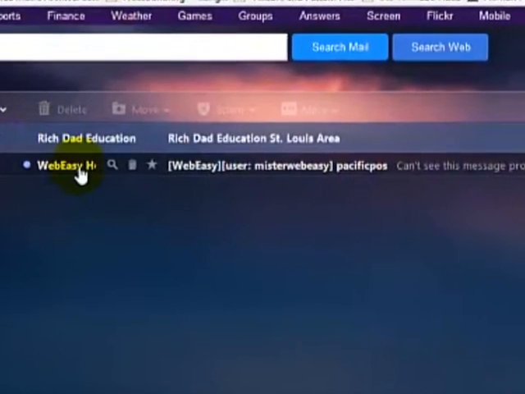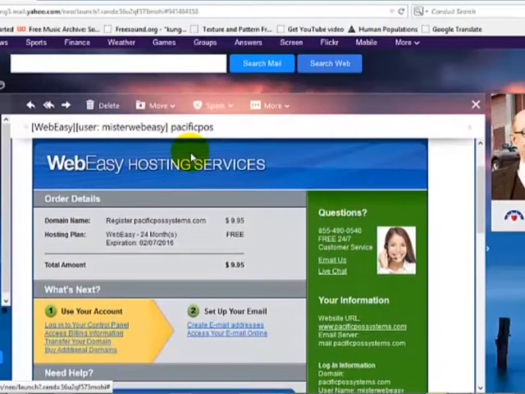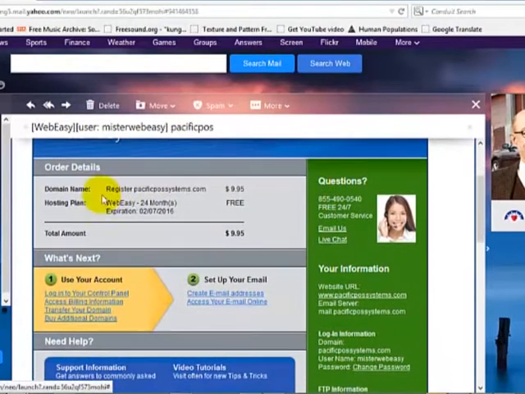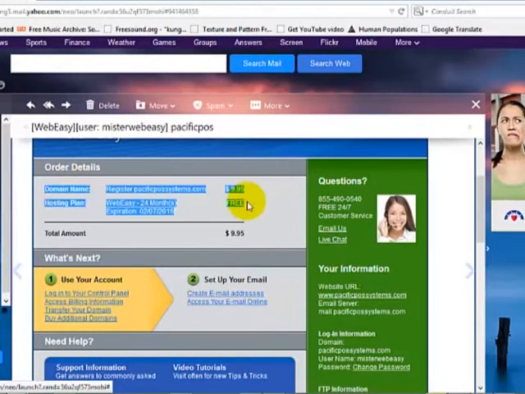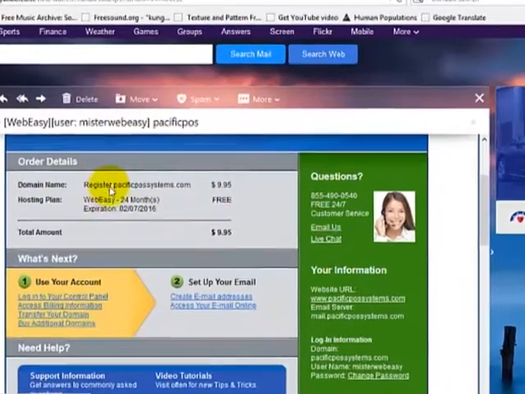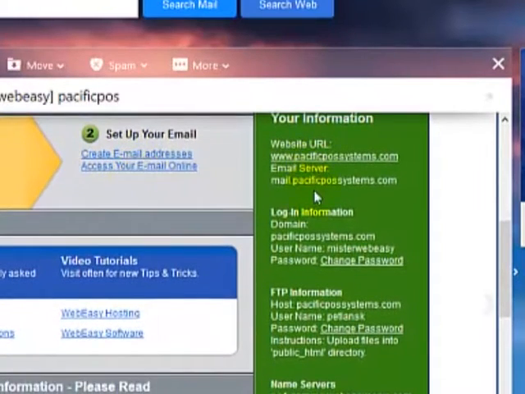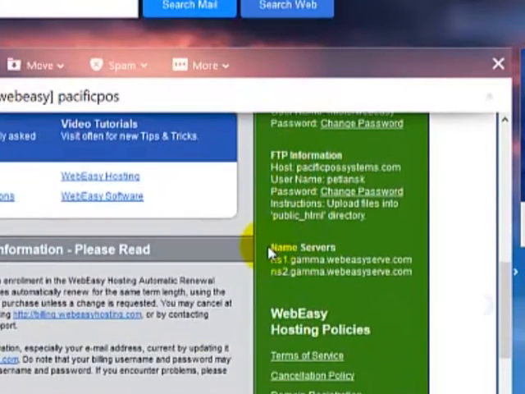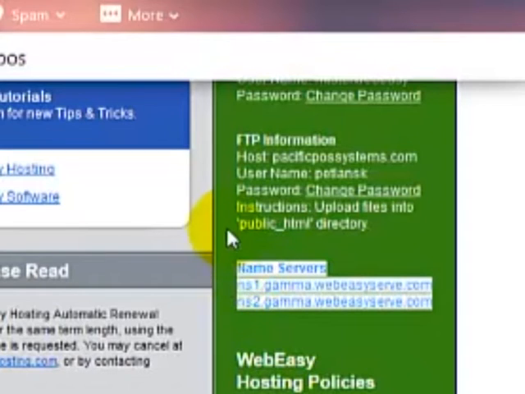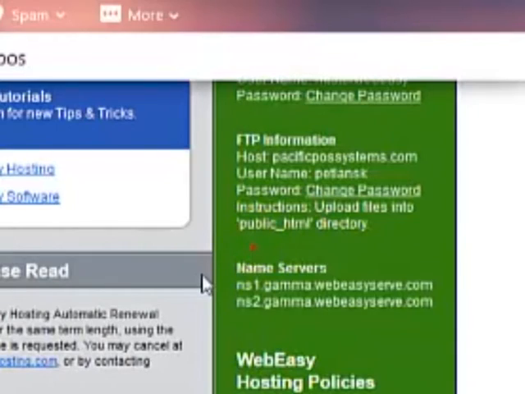Your hosting account info email will be a great resource for introducing yourself to your new hosting account. The top of the email contains billing documentation regarding your hosting order. To the right, in the green column, you will find information specific to your hosting account. Most importantly, if you signed up for hosting with a domain that you already own elsewhere, you will need to know your name servers in order to point your domain at your new hosting account.